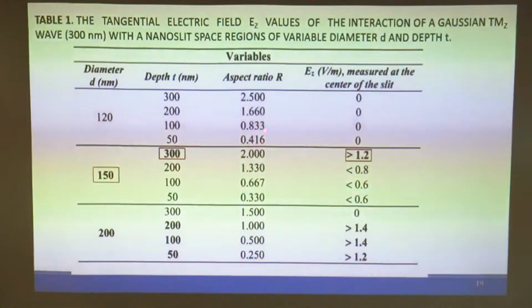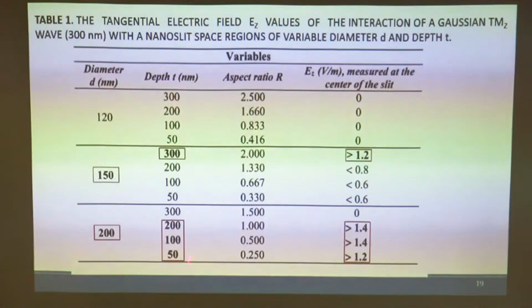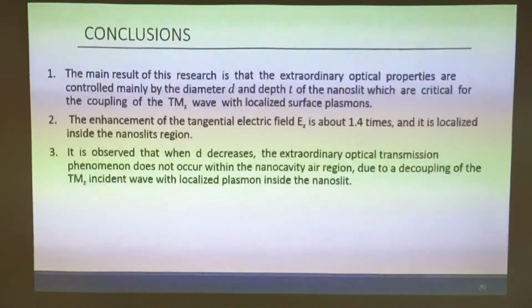In this table, I presume that when I use a diameter of 100 nanometers and a depth of 300 nanometers, I can see the measure of the center of the slit, 1.2, an increase of 20%, yes. And when I use 200 nanometers with a depth of 150, you can see the extraordinary optical transmission. So my conclusion is,